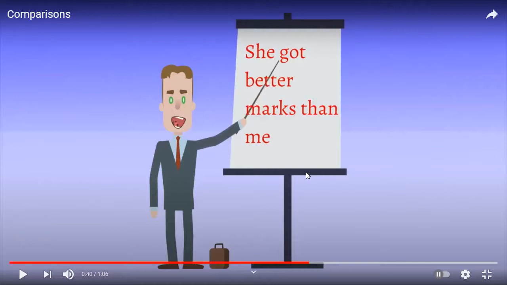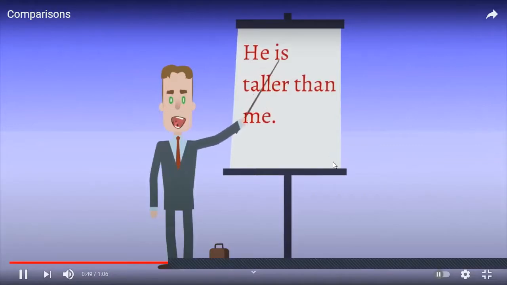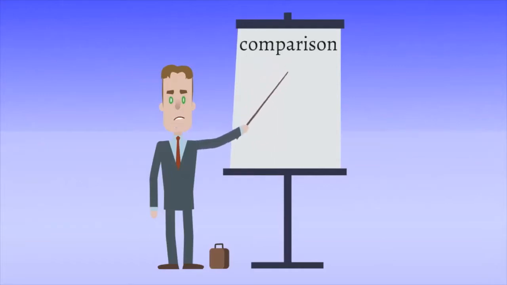This is a very important point: while we are making a comparison, when we are talking about two objects, which can be any objects, the conjunction that we will be using to combine those parts of the sentence would be than, not that, okay? Like, he is taller than me. Similarly, he is taller than me, not that me, okay? This is how you form a sentence with a comparison between yourself and somebody else, or between one thing and another.